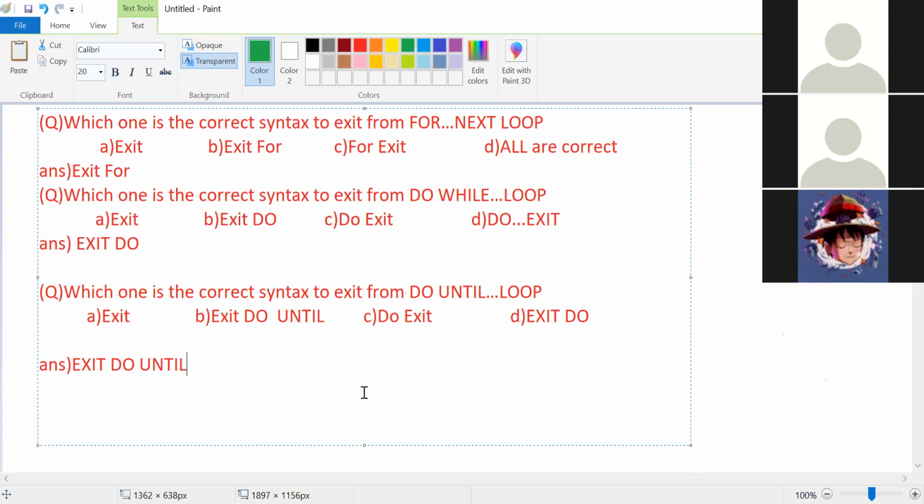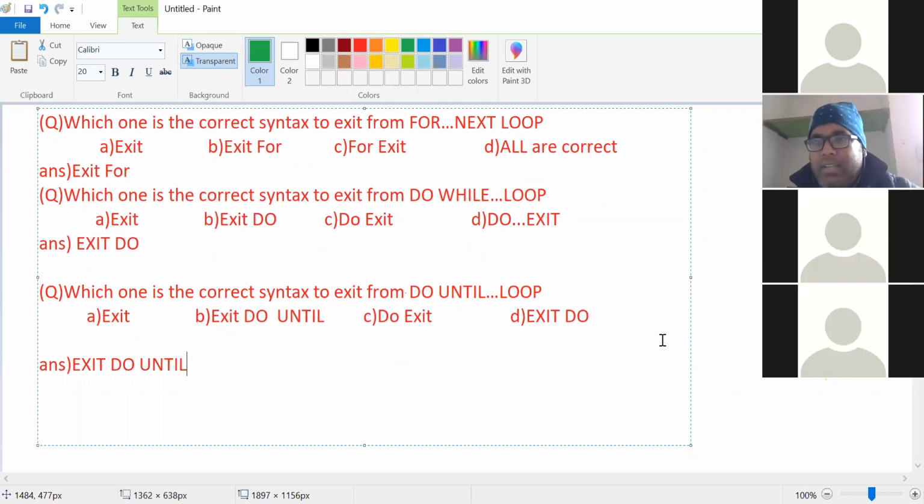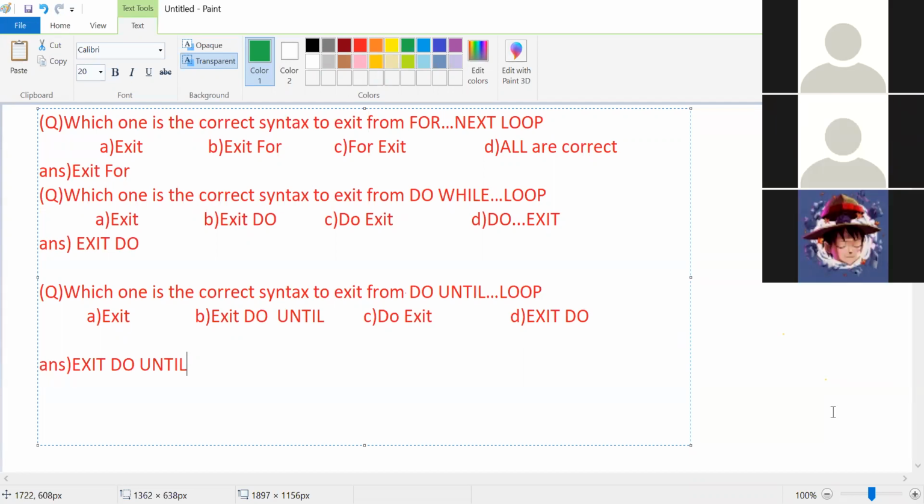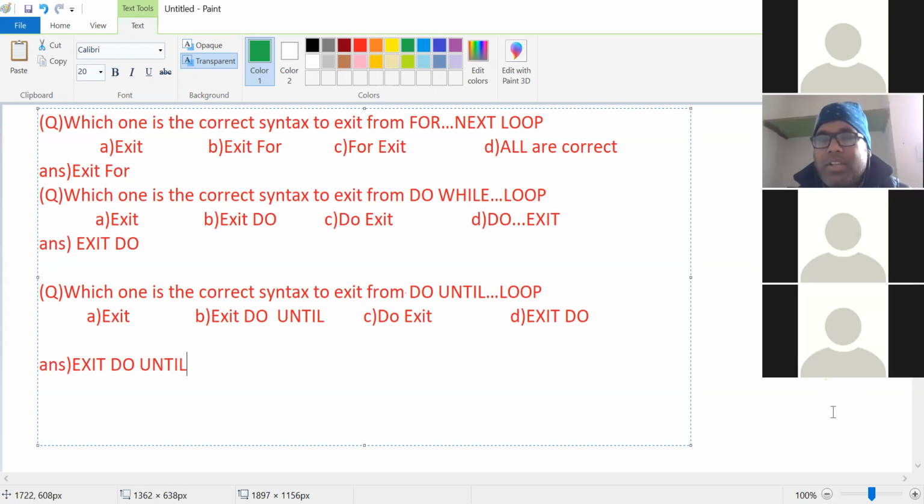Exit do until. Akriti, what is the answer? Option number B. Rajni, what is the answer? Sir, option B. Harsh, sir, option B. Anyone other answer?